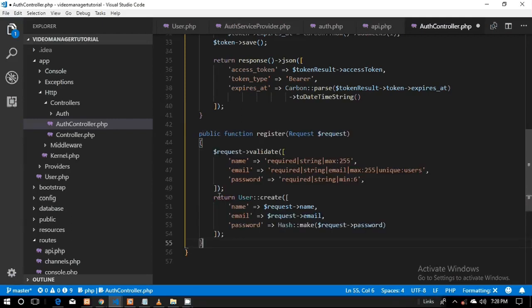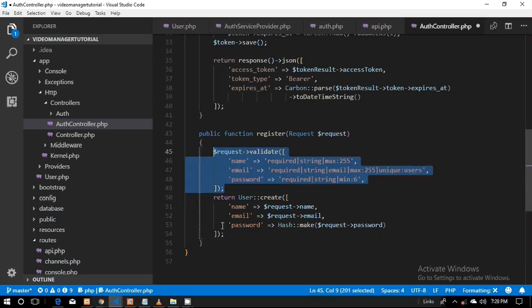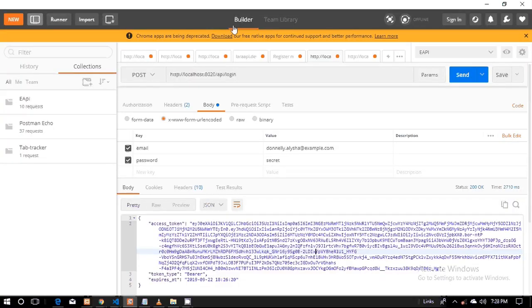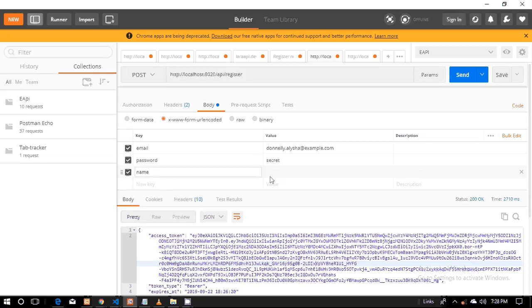Okay, so this is the method for register. First we'll validate the fields, and after that we create a user and return it. So let's test that endpoint. We'll go to API/register, and so we need a name now. Let's call him Barry. Barry at